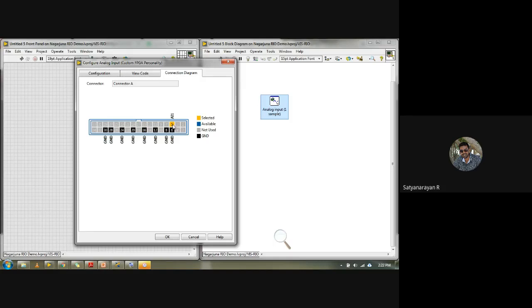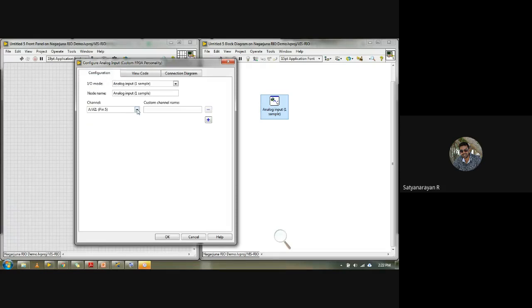So LabVIEW makes it very easy for the user or developer, and helps them understand very well how exactly things are working. It is very user friendly.